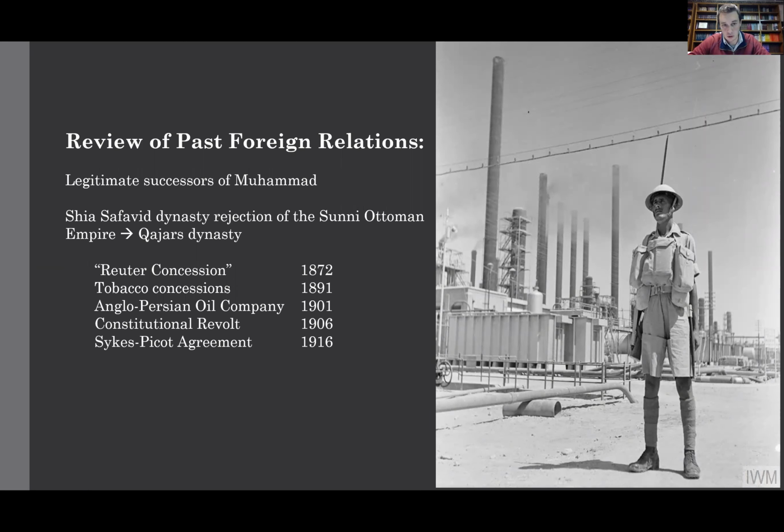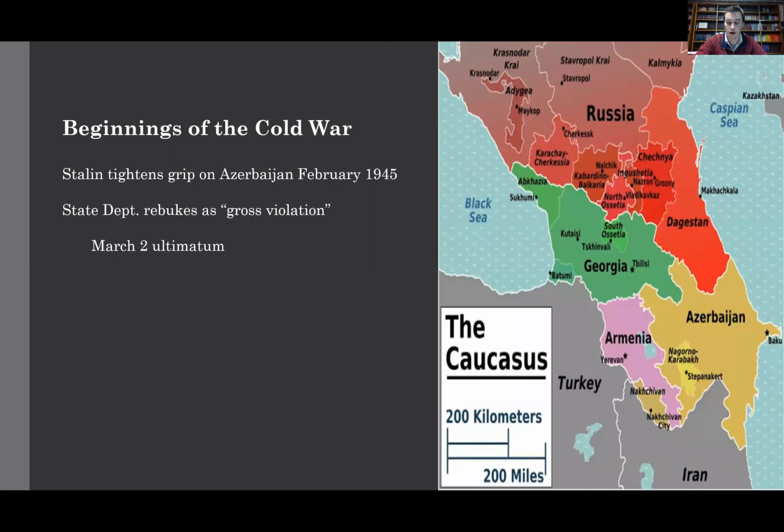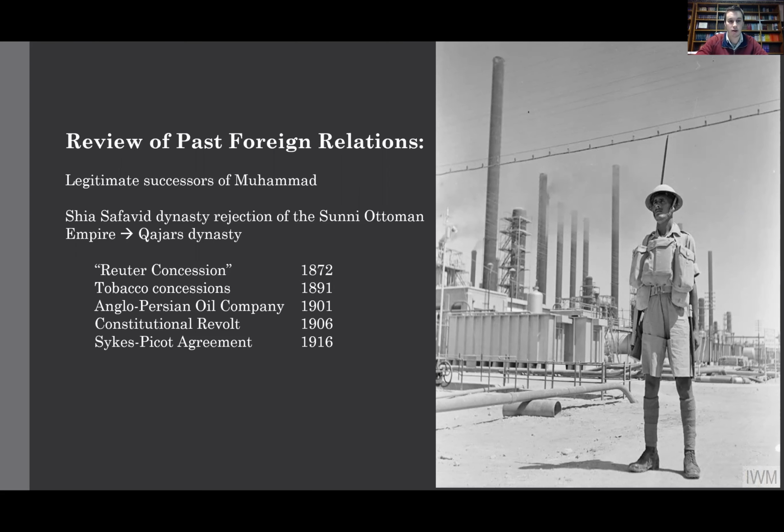So to look at a review of past foreign relations, obviously the big thing to keep in mind with Iran is that it's Shia, and going back all the way to the time of Muhammad, the big issue with Shia Islam is, why is my slide changing on its own? The big thing with Shia Islam, going back to the time of Muhammad, is, as you guys know, the question of legitimacy. What is legitimate authority? And so that's always a question in Shia Islam that in the 19th and 20th century has become a major